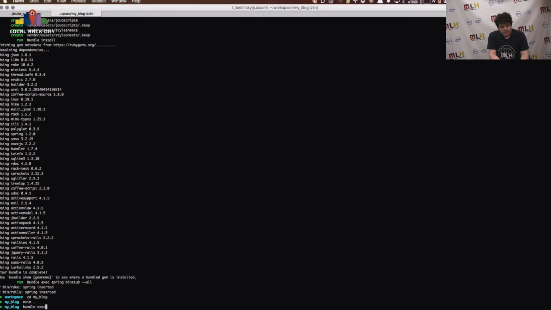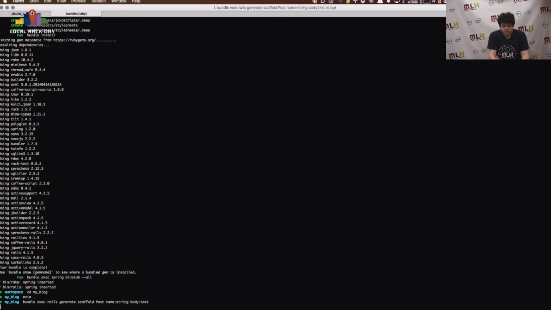We can say rails generate scaffold, which creates a full create, read, update, delete environment for what we're going to describe, which is a post that has a name that's a string value and some body, which is arbitrary text. So we're going to create that.